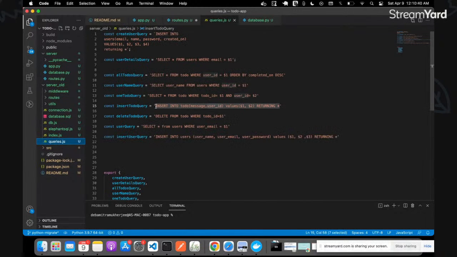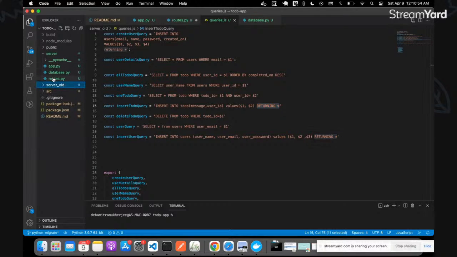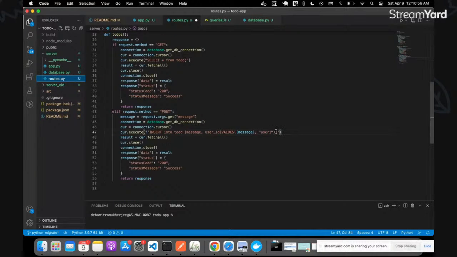Queries. So this is the insert query. Okay. So we have a returning star. This is probably going to give us what we inserted. Let's do that. Values. And then we go with,